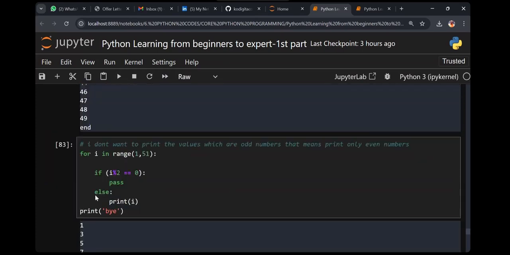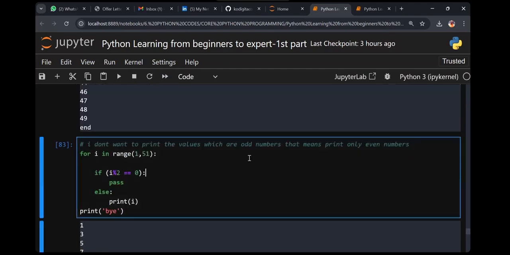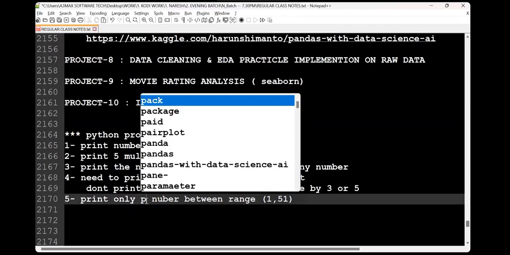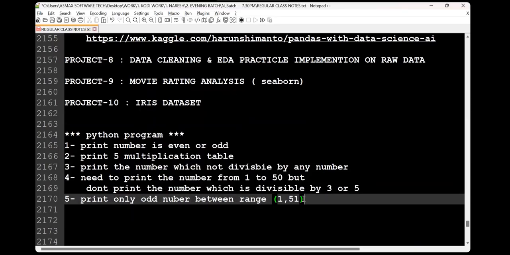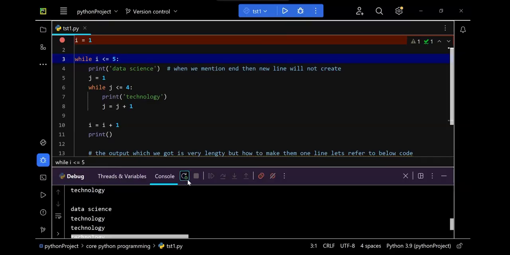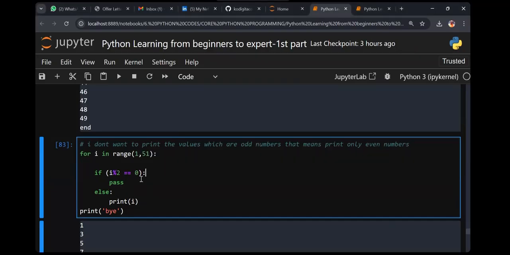Do you see this, guys? 1, 3, 5, 7, 9. I mean to say, it prints only odd numbers. Sorry, it prints only odd numbers, skipping even numbers. See how powerful these keywords are.